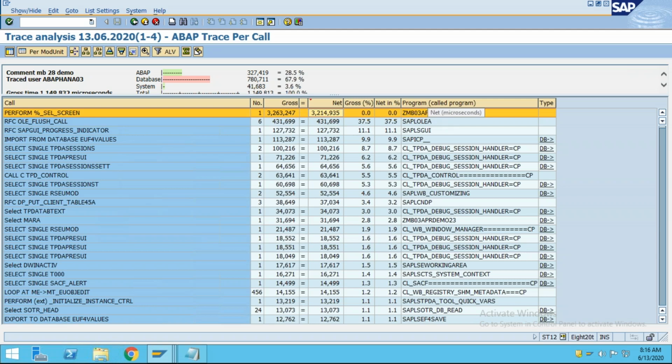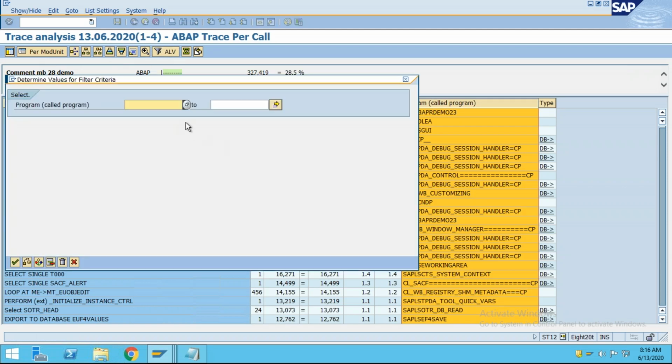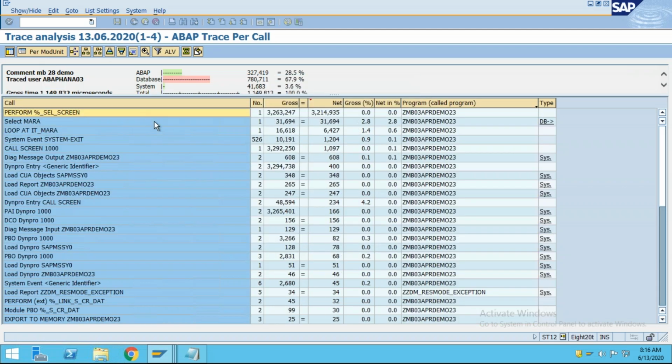If you have multiple Z programs, first what you can do is put the filter. It's better to put the filter. So you can put the filter over here, and then you can come over to the net. Just remember this net one, you don't have to go to the gross and all, because gross is for the total accumulative purpose. If you want to check for a particular program how much net time it has taken,